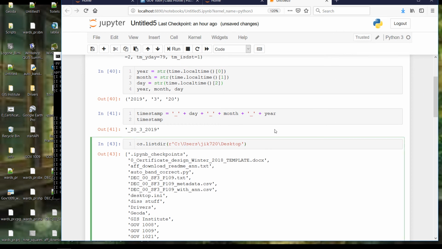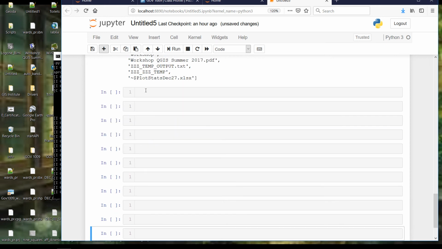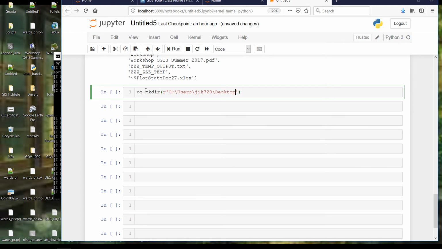Instead of listing the directories, we could make a new one. I'm going to copy this so I can use it a little bit later. Down here, let me add a few blocks so we have some room to work. We can do os.mkdir. And on my desktop, I could make a new directory called, let's put it way up at the top, AAAA new directory or something like that. If I execute that,